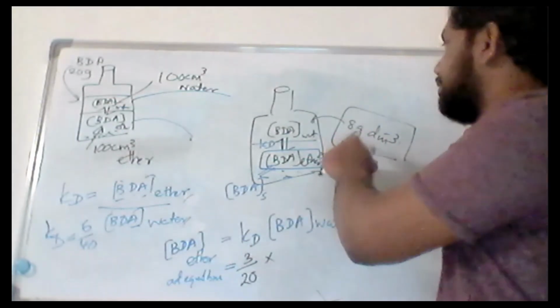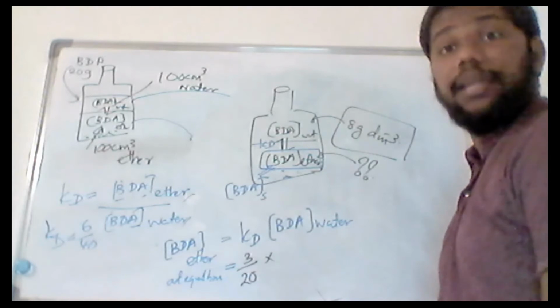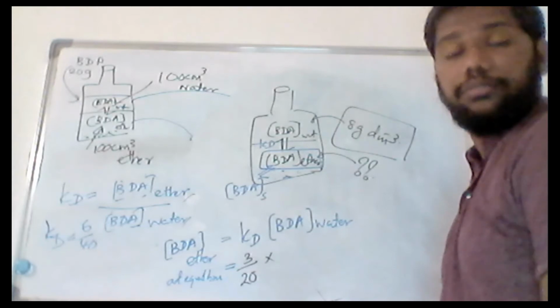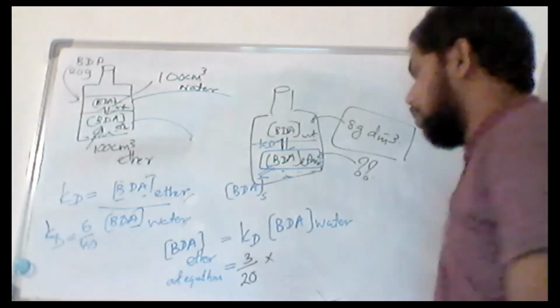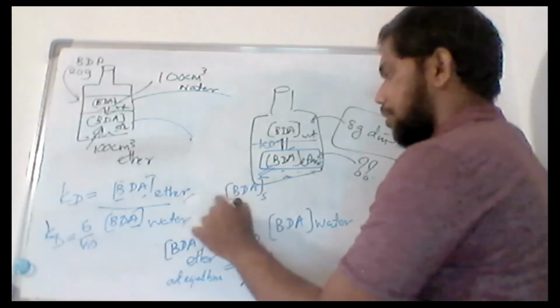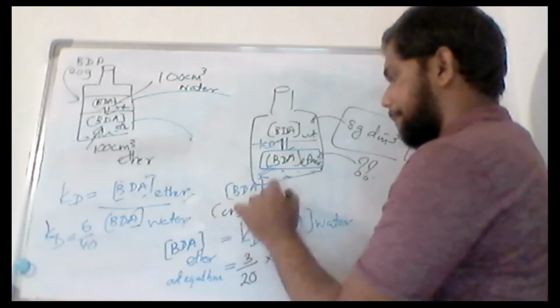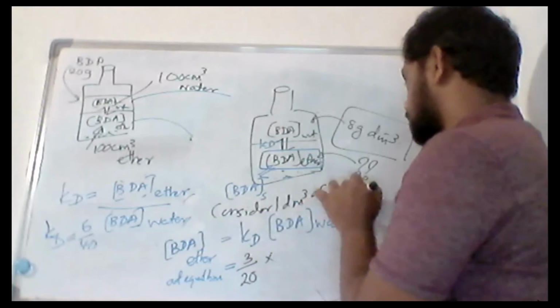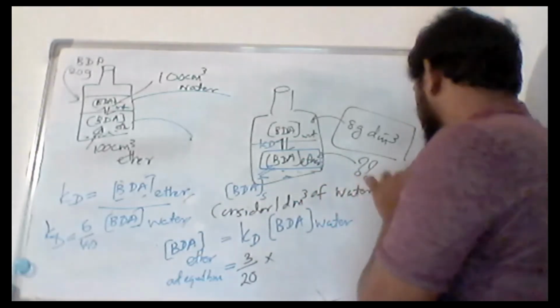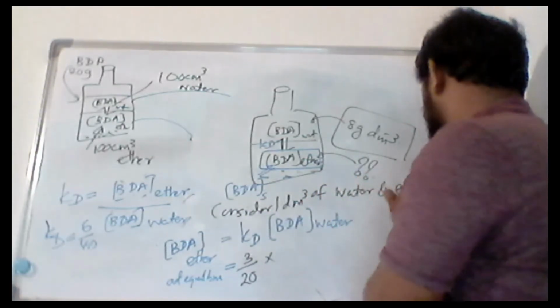So you can imagine this is 0.8 grams per 100 cubic centimeter, because 1 decimeter cubed means 1000. Or you can consider 1 decimeter cubed of water and ether layer,